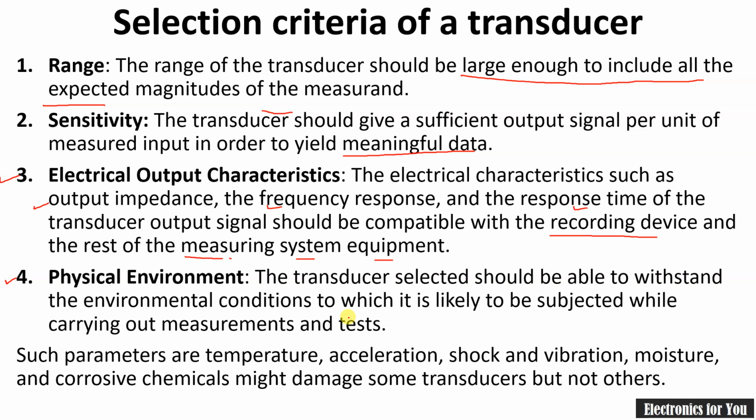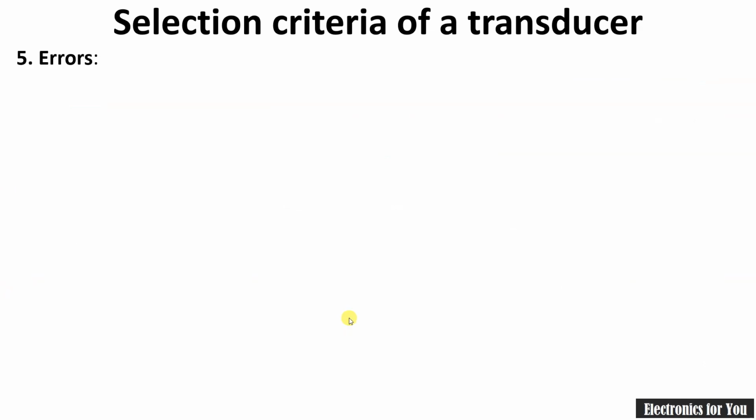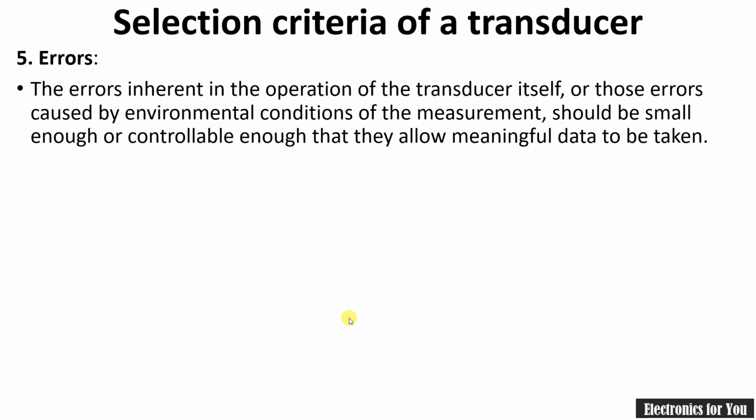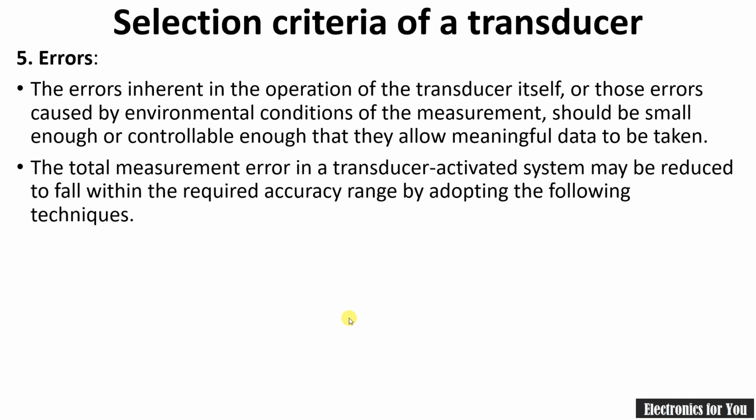So these are the four, and the fifth and last criterion is the error. For the accurate result the error must be minimum, and therefore again the selection criterion of error is very important, so as to get meaningful data and the accurate result. And overall,